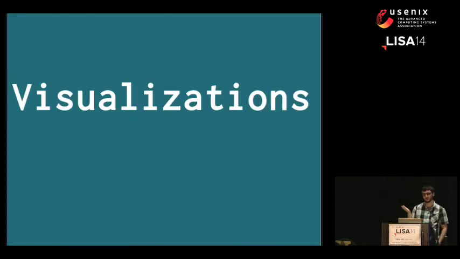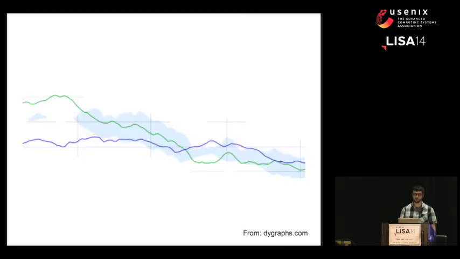So now I want to go a little bit more into visualizations, and this is actually a logical extension of this. If your metrics self-describe the way they do, you could also just plot, for example, the average and then the range around it that are the upper and the lower, for example.